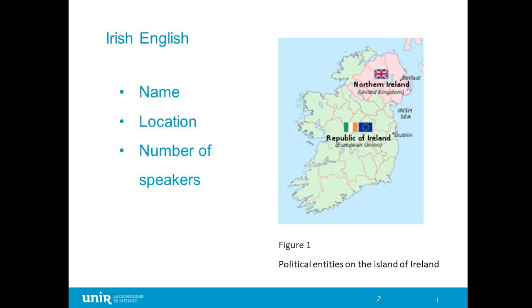The variation of English I chose for this activity is Irish English, as its name says, the variation taught on the Irish island. But we have to determine something very important. The island of Ireland is divided into two countries: Northern Ireland, that is part of Great Britain, and the Republic of Ireland, that is the one I'm going